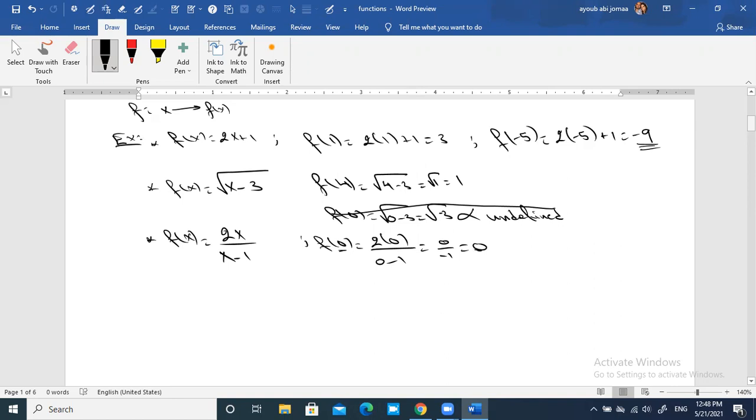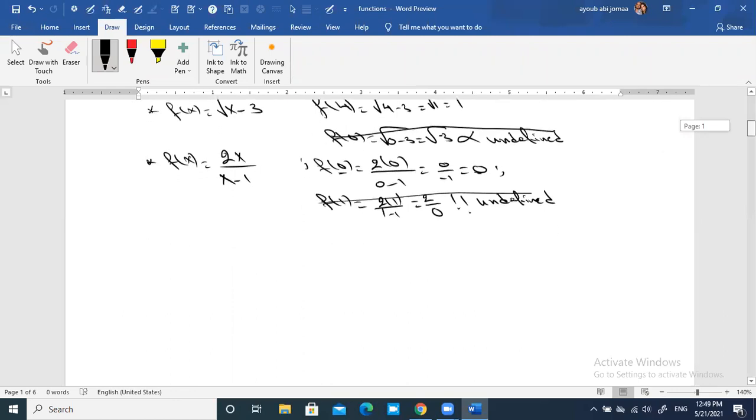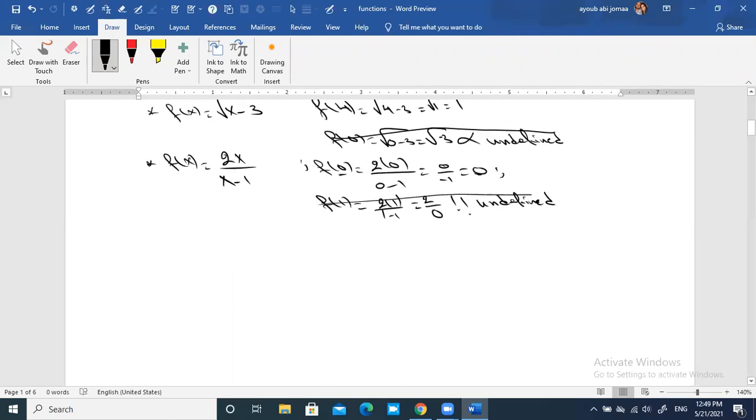Yes. Right. What about f of 1? It's impossible. Not defined. It's 2 times 1 over 1 minus 1, 2 over 0. Undefined. The denominator cannot be 0. Good. From this, as you can see here, sometimes for some particular values of x, the function is